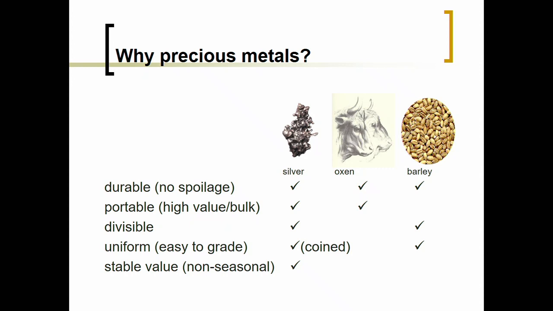Another thing you want in money is portable. So it has to be highly valuable compared to its weight, or easy to transport around, just again, to make transactions easier. If it's hard to engage in transactions with the currency, it's not going to do a good job of being a currency. So oxen are pretty portable, even though they're really big and heavy. They were really valuable, and they have legs to walk themselves. Silver, extremely valuable compared to its size, so again, very portable. Barley, on the other hand, you need giant baskets to make small transactions.